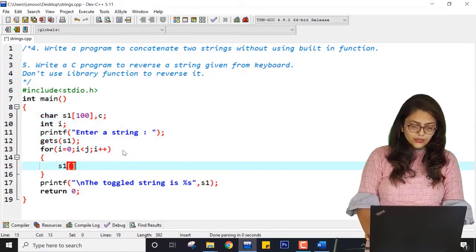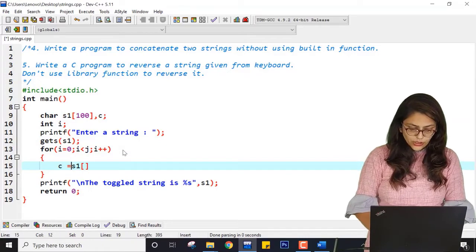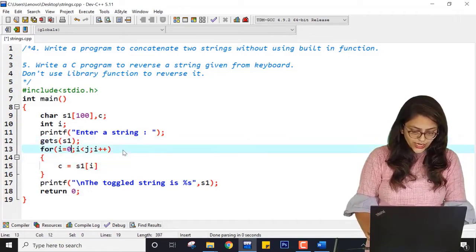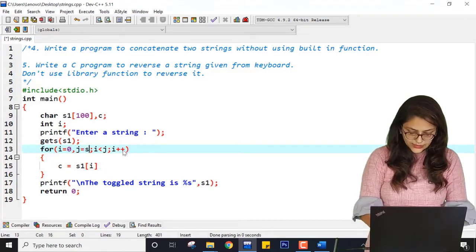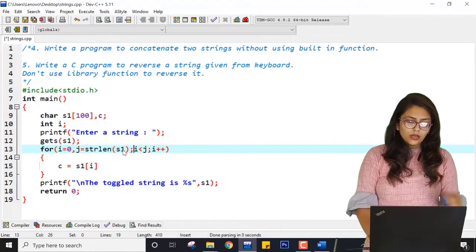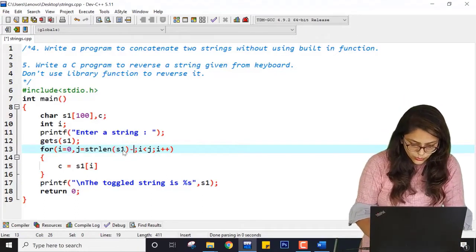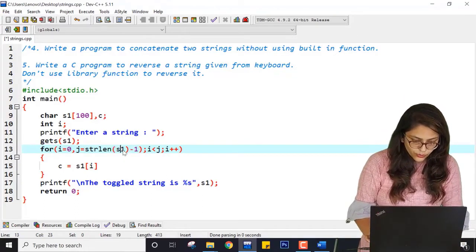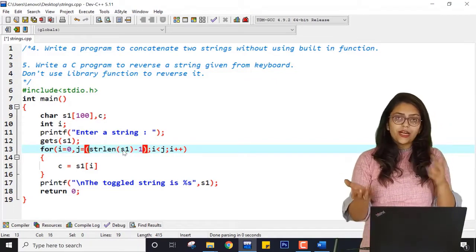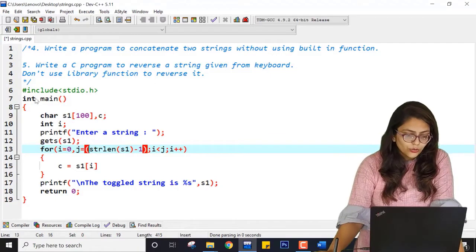So I am taking one character. I am doing C equal to S1 of I. I am also taking J as strlen of S1 minus 1, right? Length minus 1. You can either use a string function or you can first find the length of the string and use the variable. You can do anything.